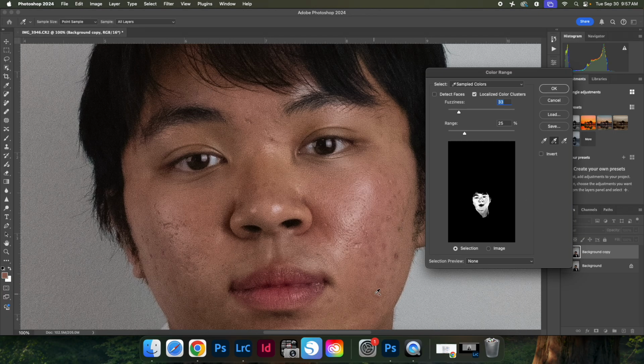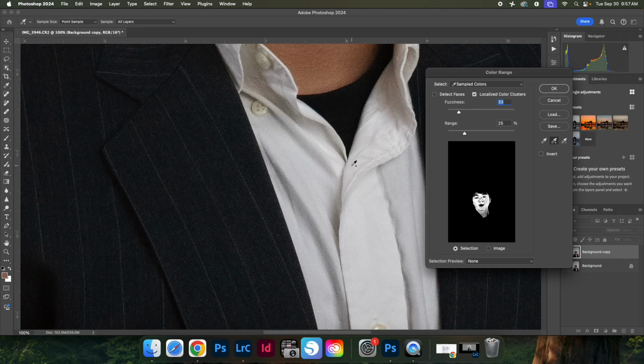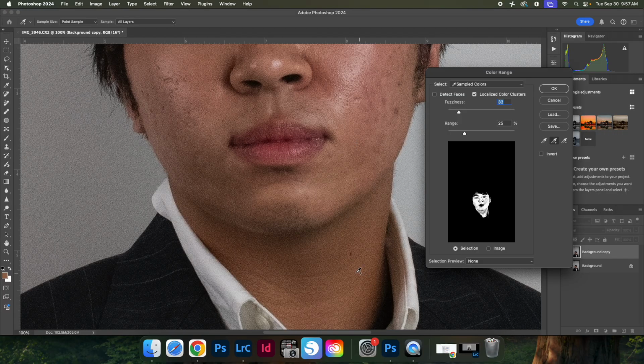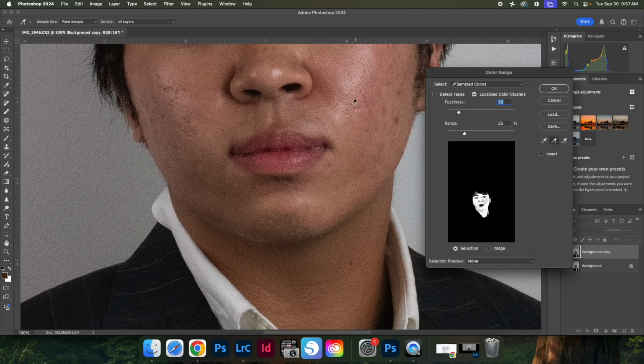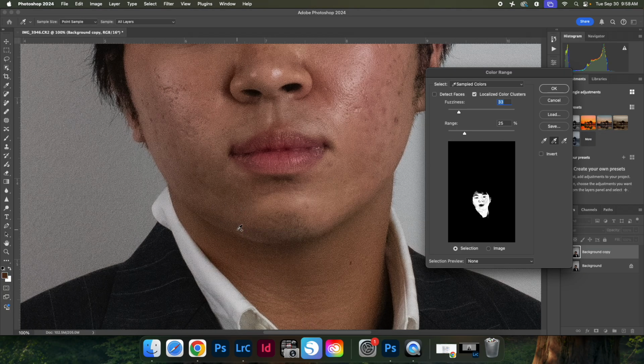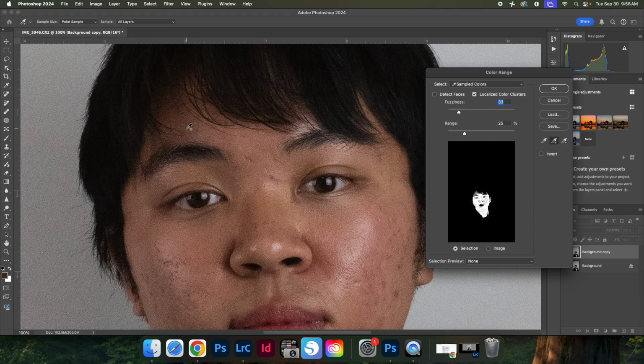Wait, so it's kind of like making a mask, right? Yep. A mask in the sense of it's only going to apply to these areas, and a mask in the sense of it's only the face. So holding down shift and clicking will do that, or just using the plus tool. The other thing